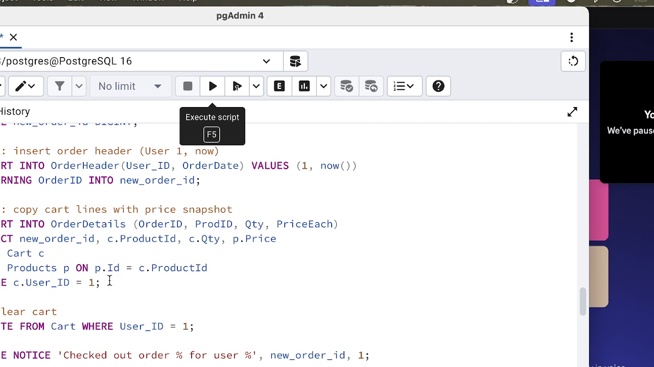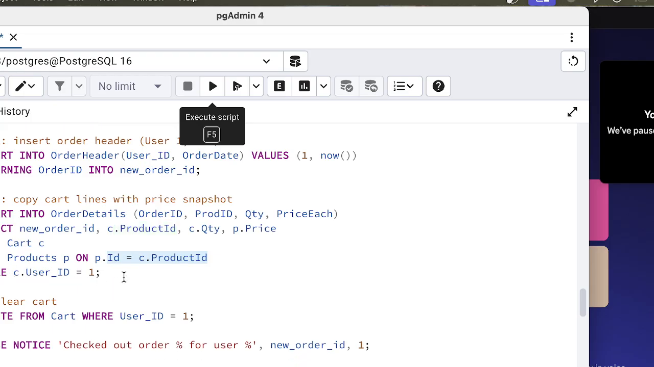Then here we're copying the copy cart, and we're joining it with our products onto our product ID, where